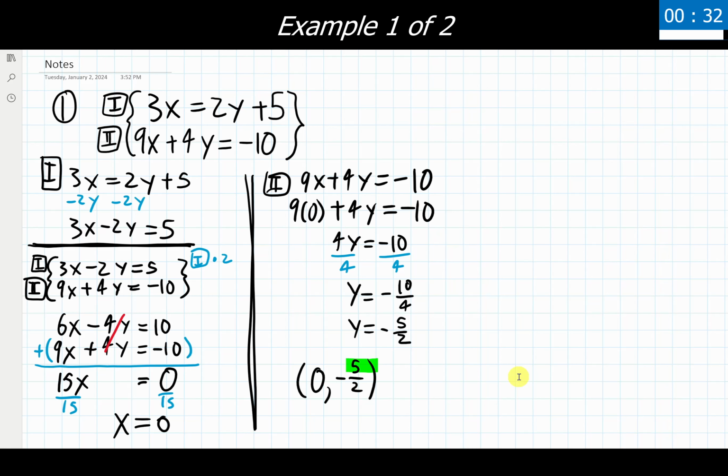If you are in my class and you are watching this, make sure that you do write your final answer out as an ordered pair like we have here, x value in front, y value second. If you are not in my class, you're using a different online program, just make sure you're keeping track of which variable corresponds with which number, and make sure you're entering that into the proper place on whatever program or site or person you are working with. But otherwise, this is our process illustrated with example 1.